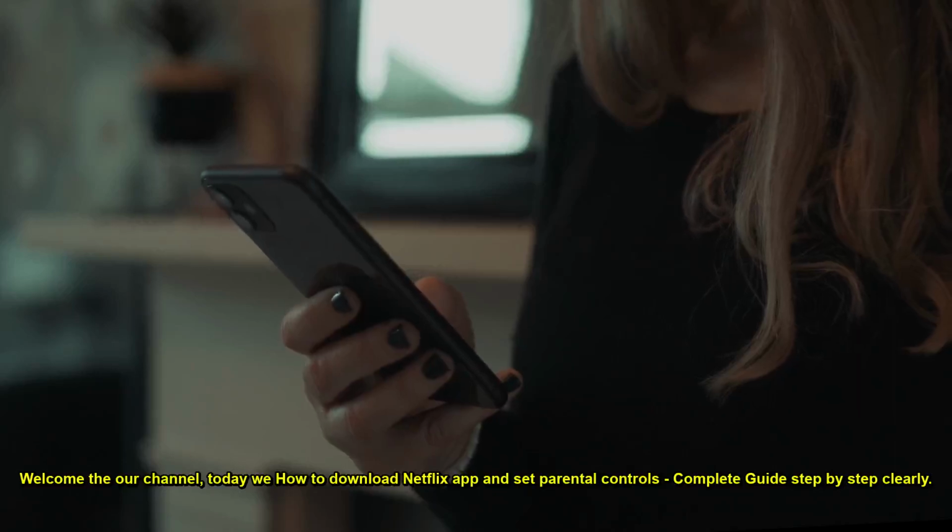Welcome to our channel. Today we'll show how to download the Netflix app and set parental controls, a complete guide step by step